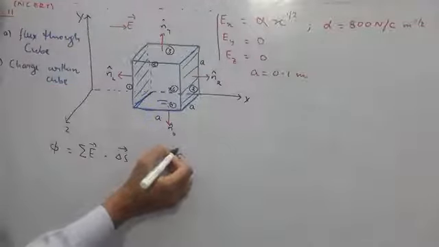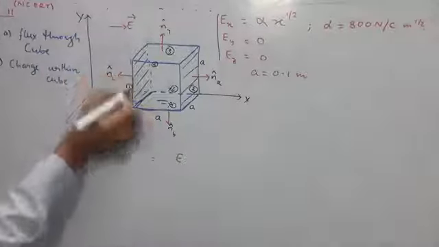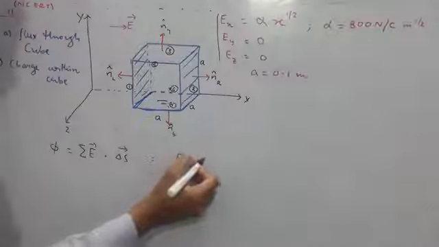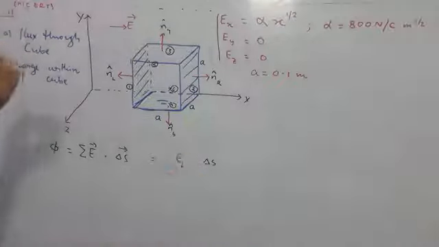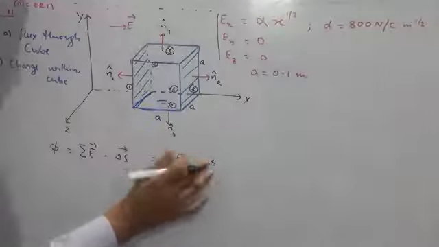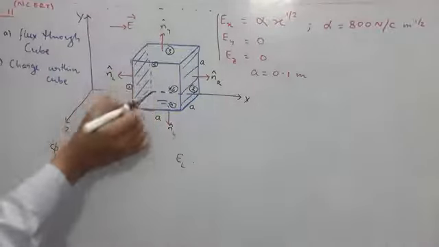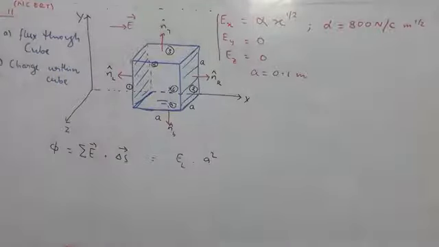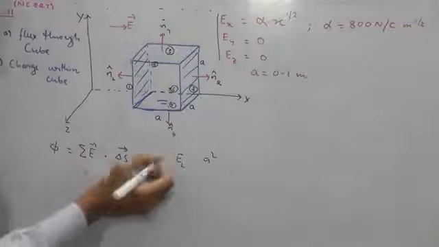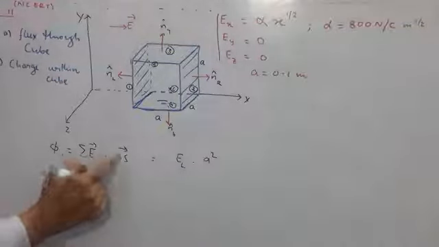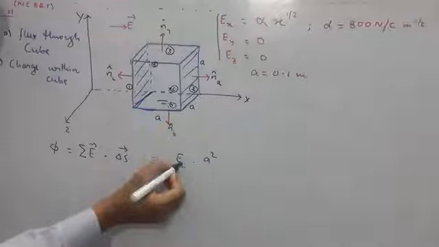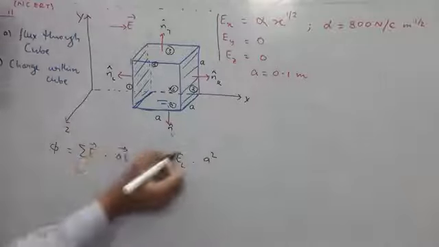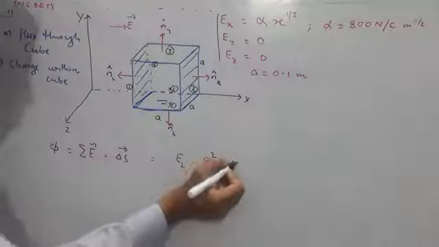So this I'll write as electric field value. Over here I'll write as EL, L for left. Area vector is delta S vector. Delta S vector is how much? The area is equal to area of a square, which will become A square, where A is the side. Then dot product. Dot product means cos of angle between them we have to multiply here. I am writing the value at the left end for this surface. See it carefully. So this is E, this is value of area into cos of angle between them.